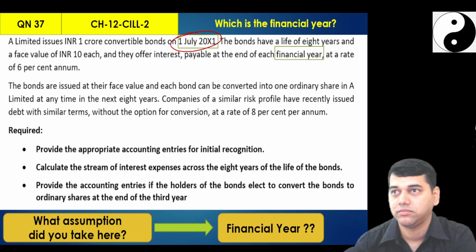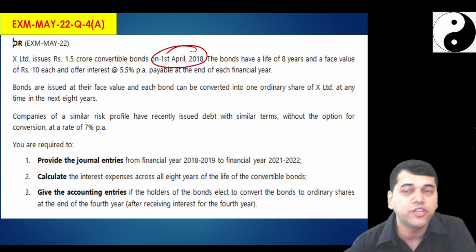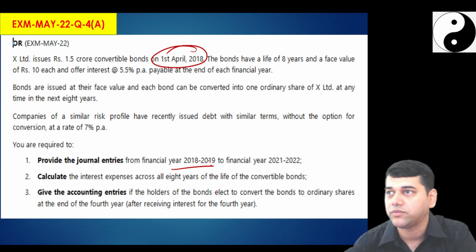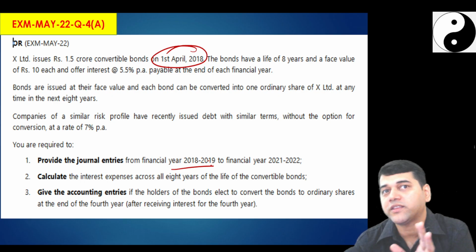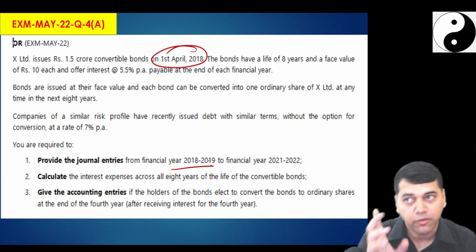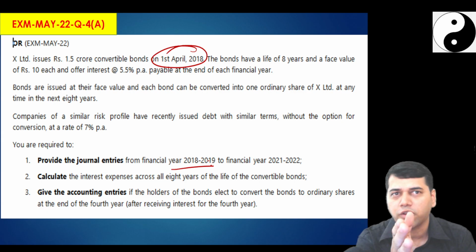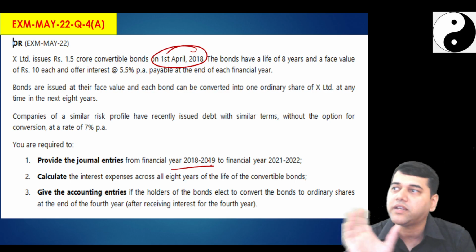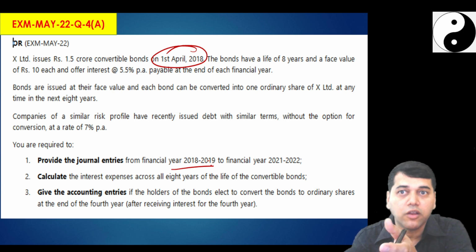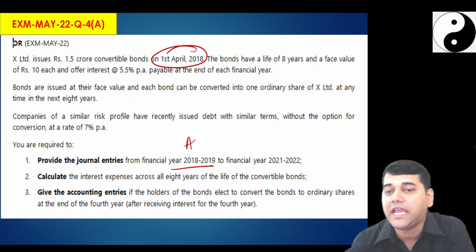God saved you. Next examination question, they changed it to 1st April, and they said financial year so and so. But don't hope for this God's grace all the time. In one of the problems somewhere, maybe in borrowing costs, they will catch your neck with this if you don't observe. Because somewhere they will give a date in the middle of the year. Then, if at all the financial year happens to be April to